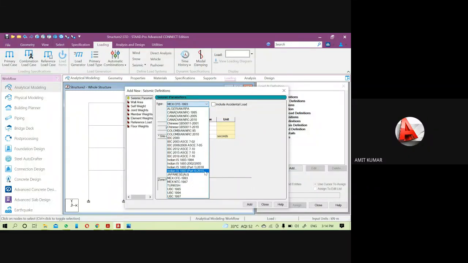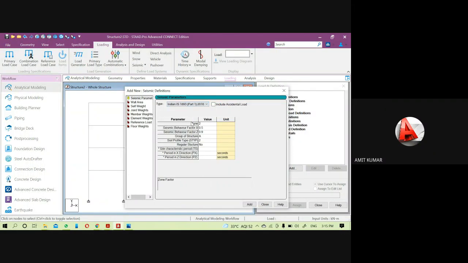And in this latest version of the StatPro Connect, we have the IS 1893 Part 1 2016 update. Okay, so I will pick that. So here we are getting few parameters like zone value, that is the 2, seismic behavior factor, that is the 0.5 along the x-axis, these things.